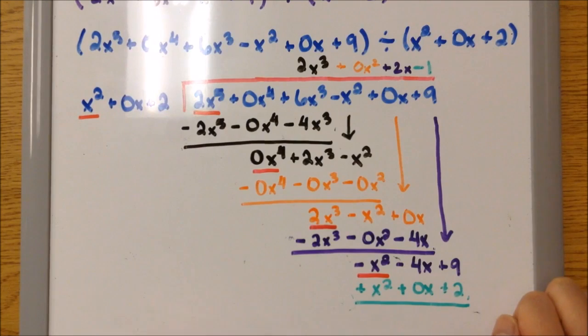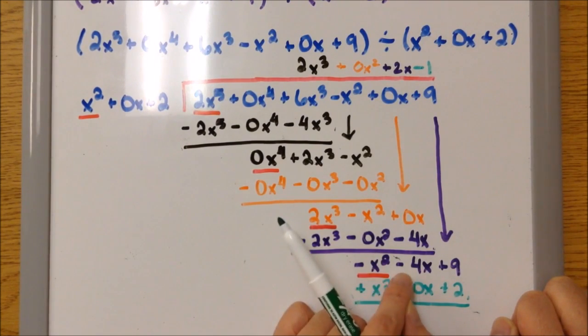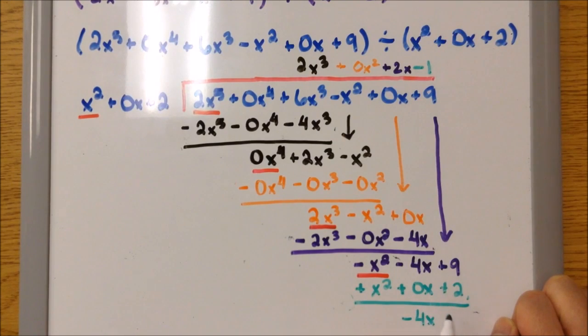Alright, so negative x squared plus x squared, that's going to cancel out. Negative 4x plus 0x, that's going to be negative 4x. And then 9 plus 2 is plus 11. Alright, so